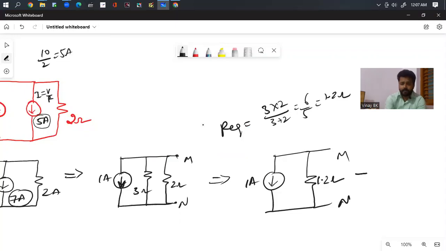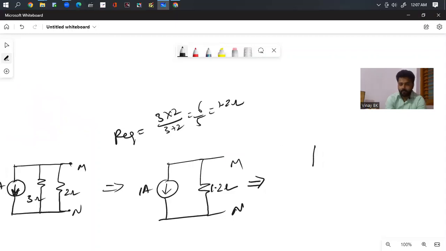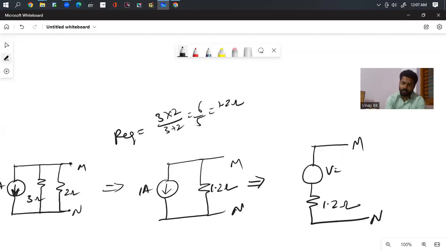So now we can convert this current source into a practical voltage source. A practical voltage source means the voltage source is in series with a resistor across M and N. The resistor value is 1.2 ohms. V is given by I into R, where I is 1 ampere, R is 1.2, so the value of the voltage source is also 1.2 volts in the downward direction, nothing but minus to plus, so I can write minus plus here. So you can observe the conversion